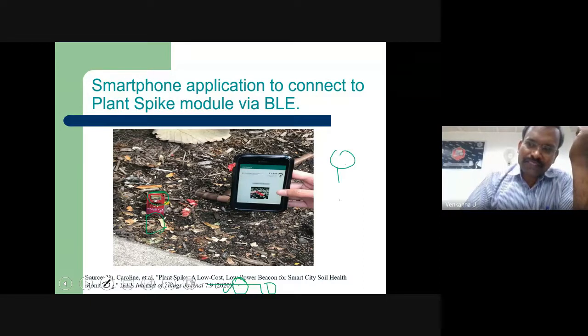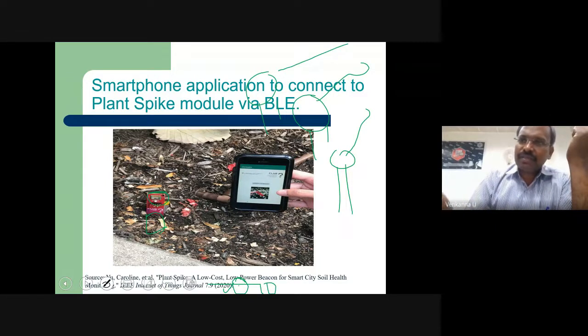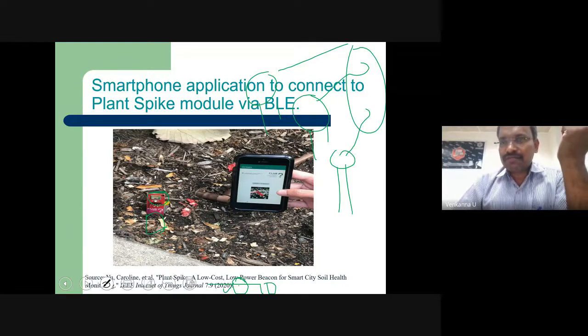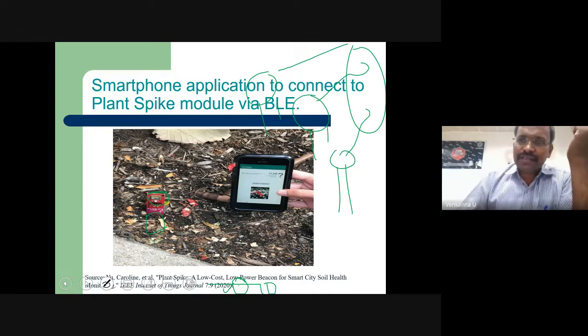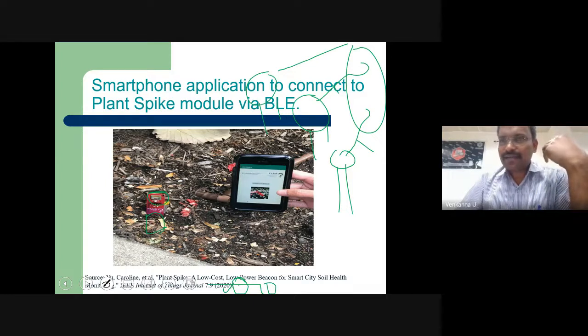You have to make wired communication across the entire field, which is a very tedious job. When you are farming, your tractor and various things move in your agriculture field, and it may get cut, or rats may cut it. Then it is not a cost-effective solution.